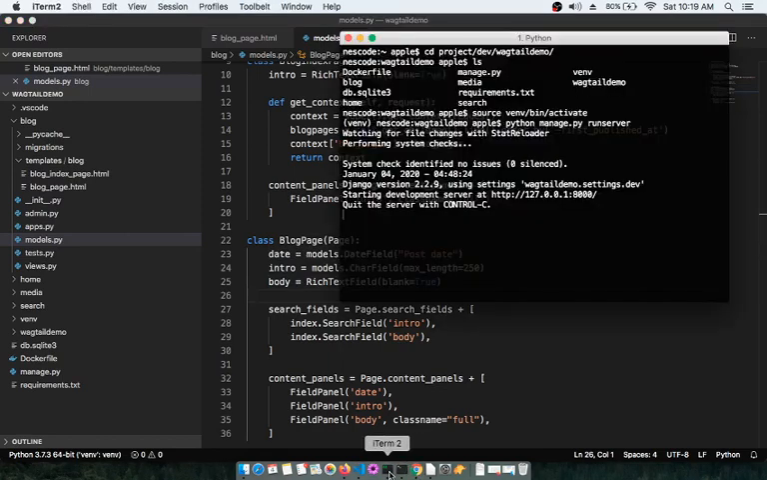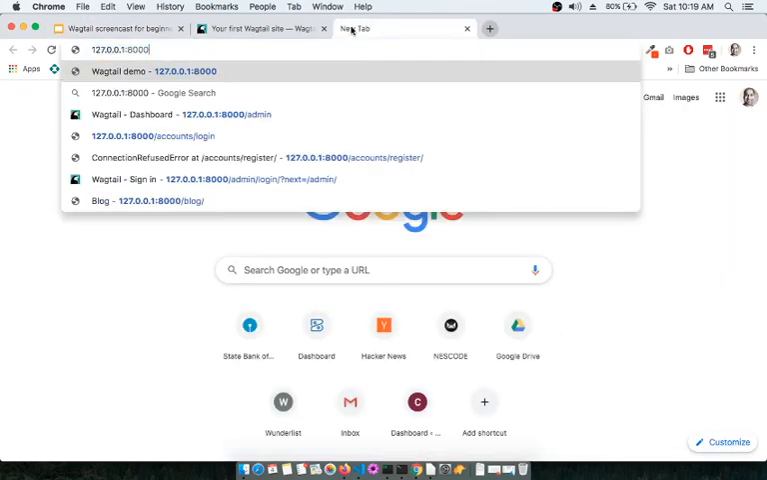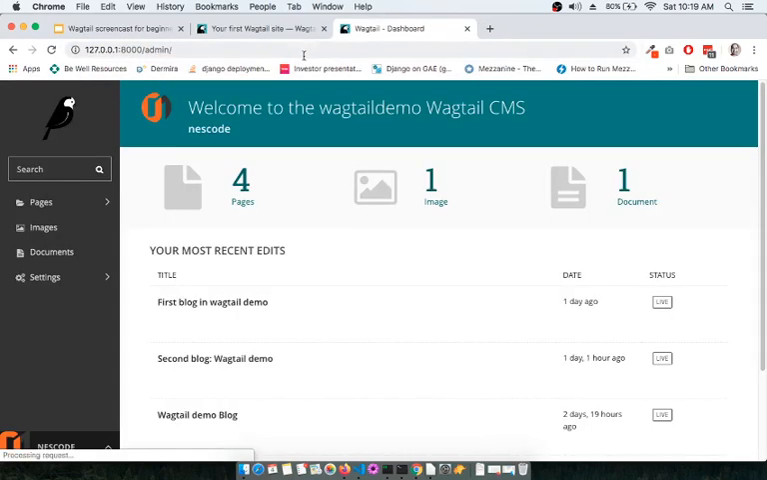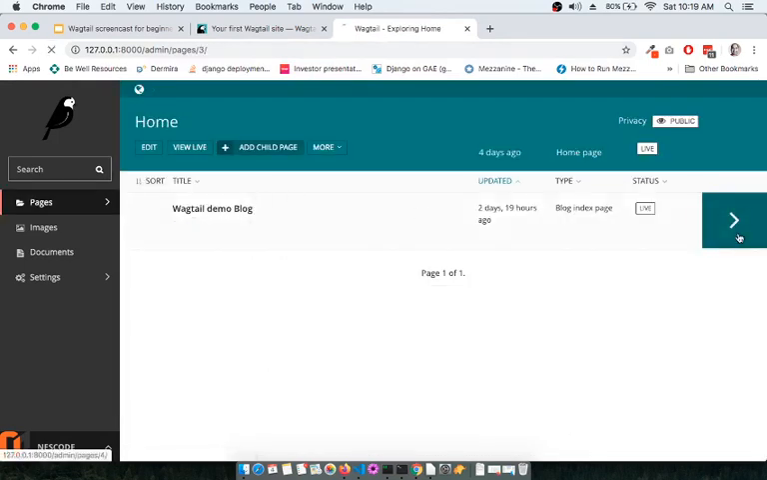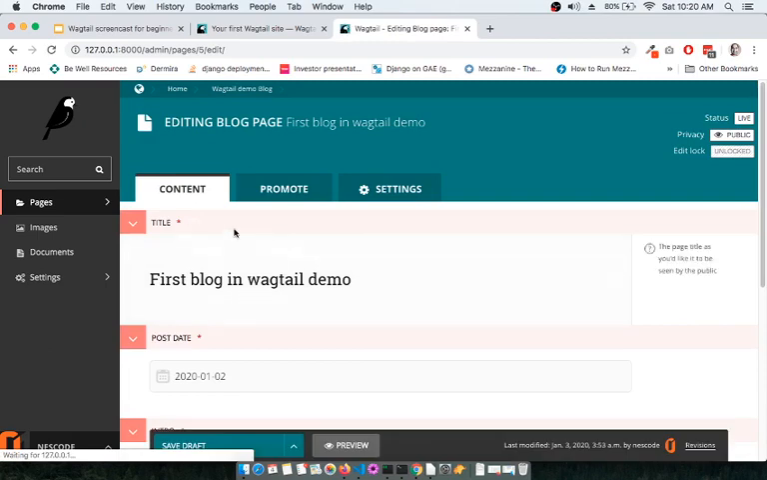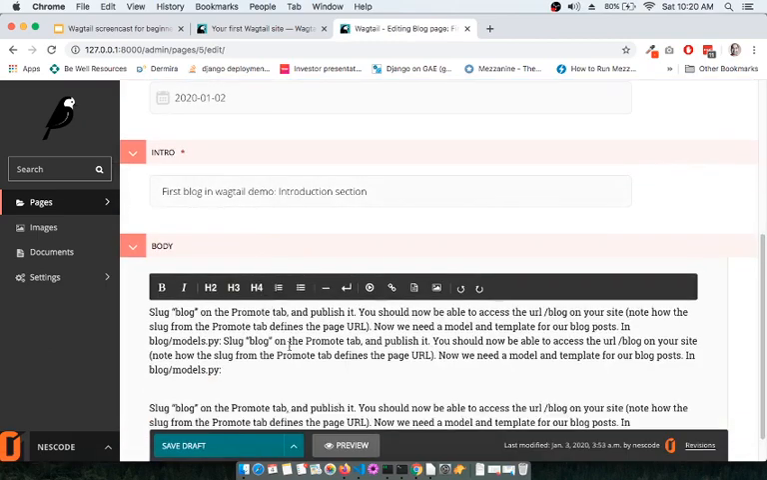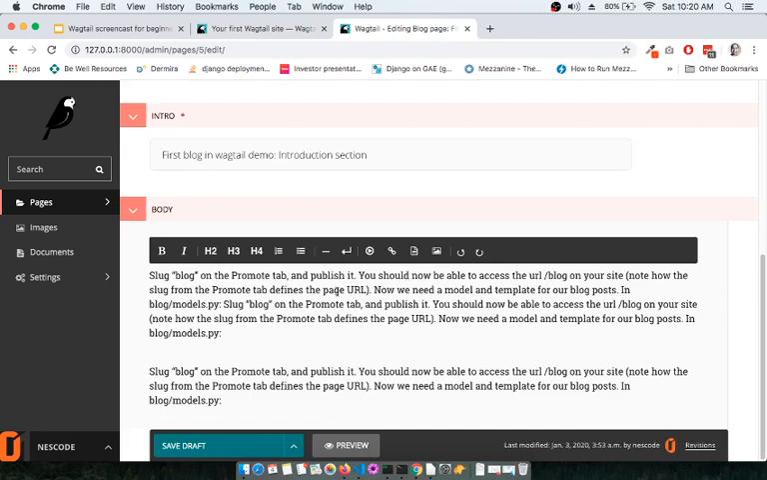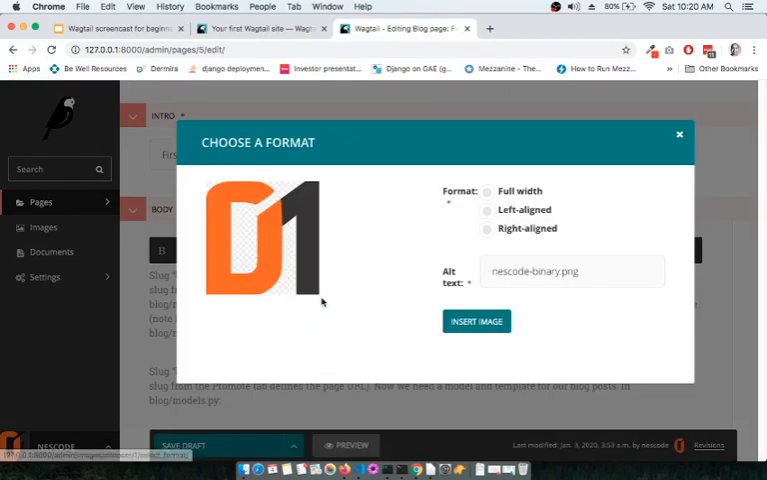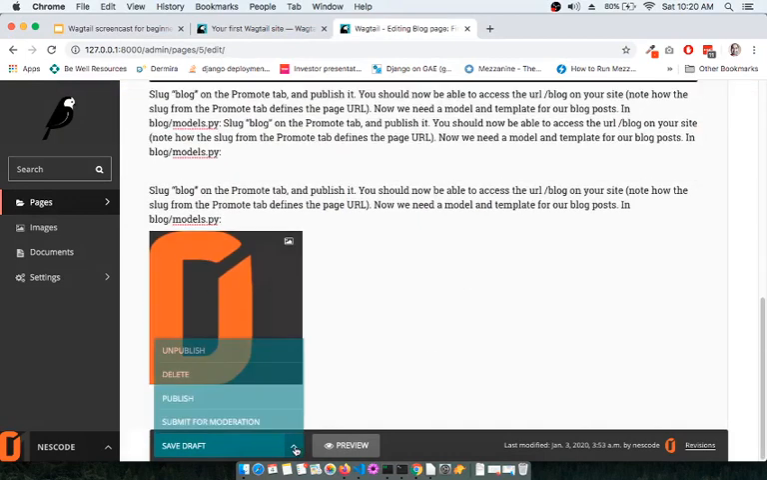Since our server is running, we can just browse to our localhost followed by port 8000, and let us log into the admin panel. If you go to any post, let's go to the first blog and click on edit. Here inside the body section we have an option of adding an image, right? So if you click on the image option and select this image, and let's say you choose full width, and say insert image, and say publish,